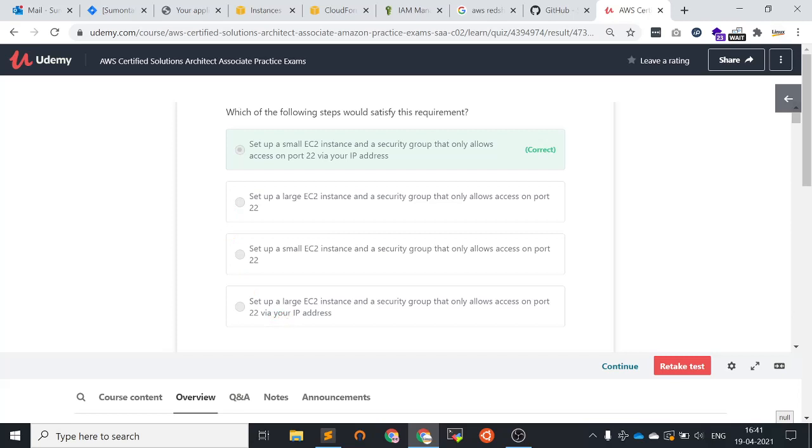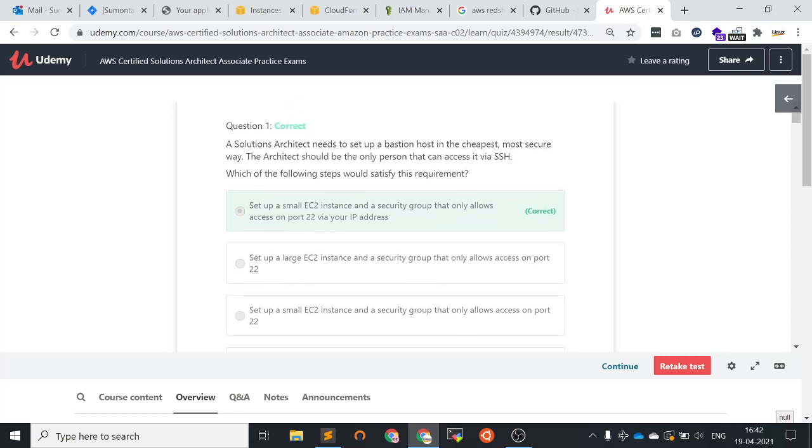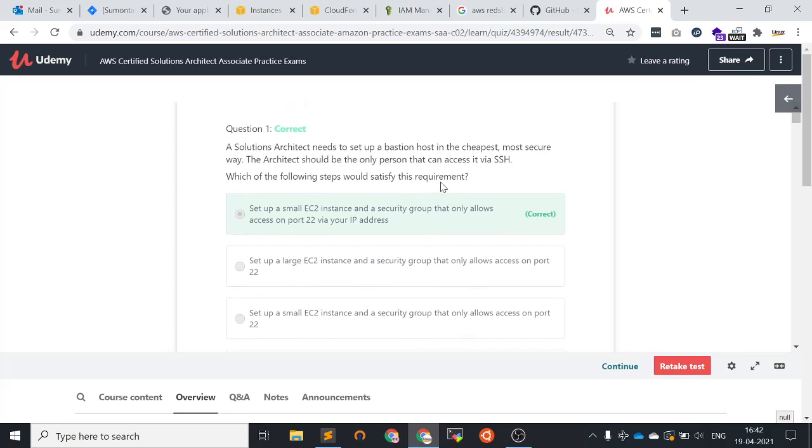So between those four options, first of all, to create a single Bastion host, we need a small EC2 instance, because the purpose of the Bastion host is routing the traffic from the outside internet to our private VPC.